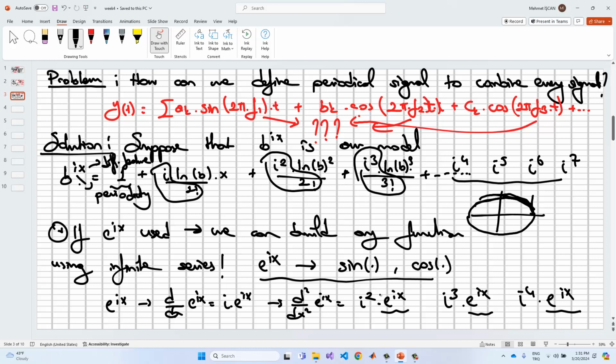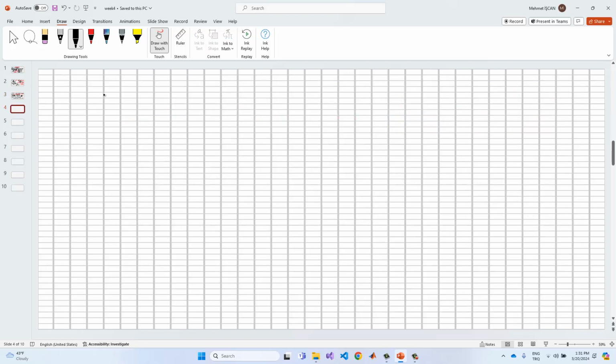But with a basic difference in here, just like this one, e^(iT). In this case we use the time in this pattern, because time always increases linearly, and so we can build this one: 1 plus i1 t plus i2